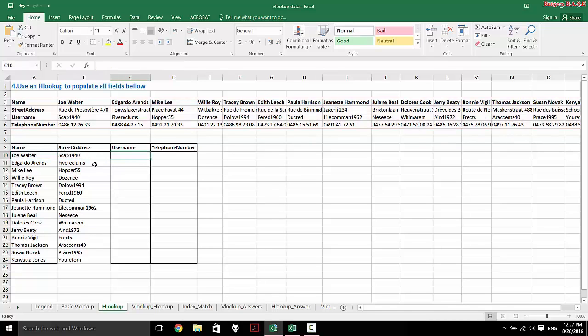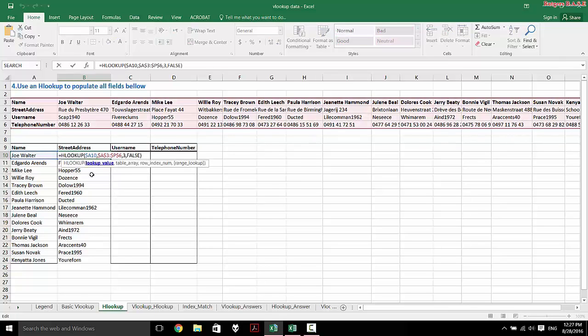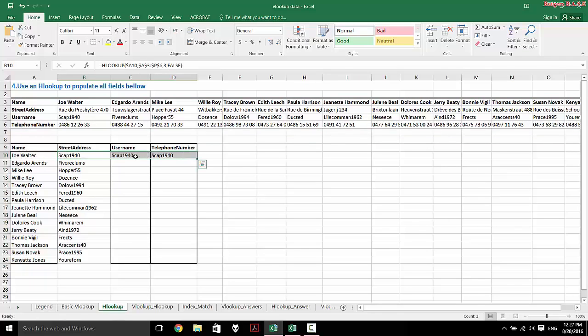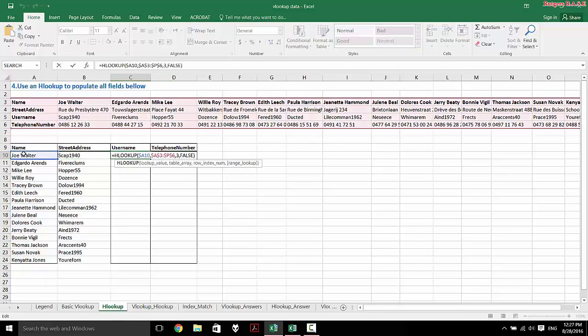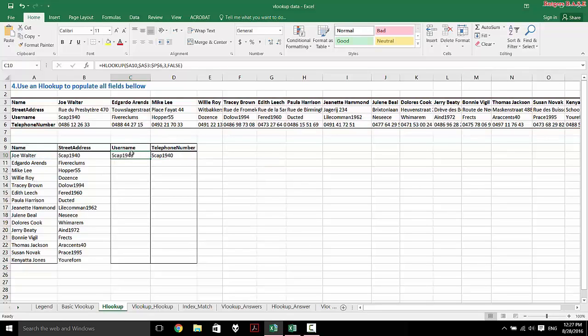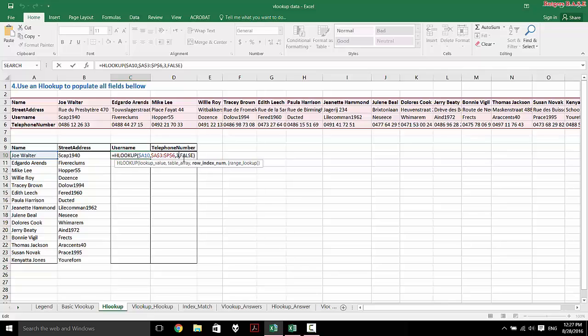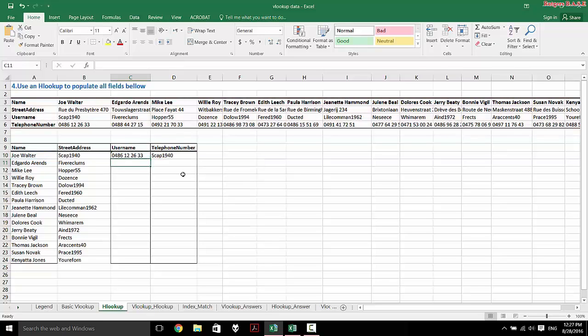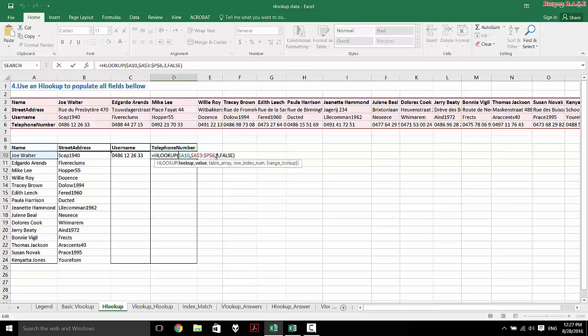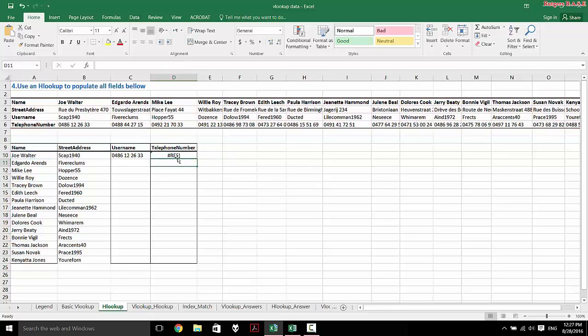Now when we drag the formula to the right, it'll keep the lookup value as Joe Walter in the name area of this table. All we have to do is change the row index number. So username would be row index number 4. Hit enter. And telephone number would be row index number 5. And again, to reiterate, row index,